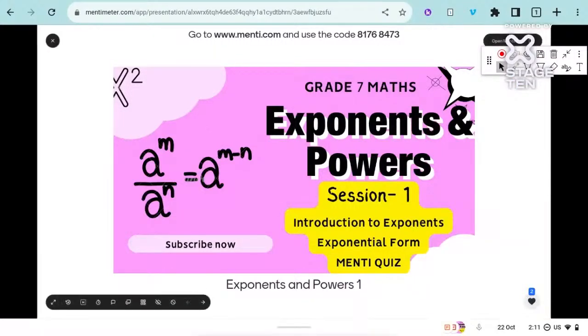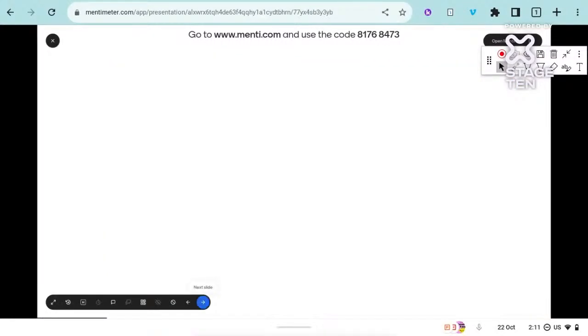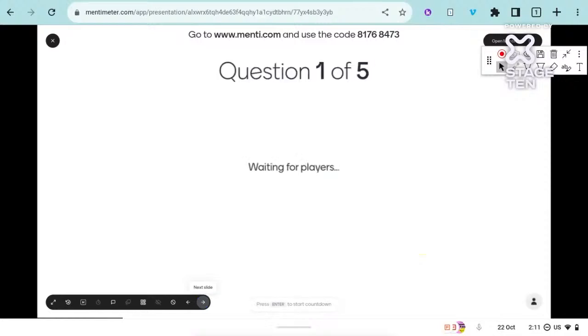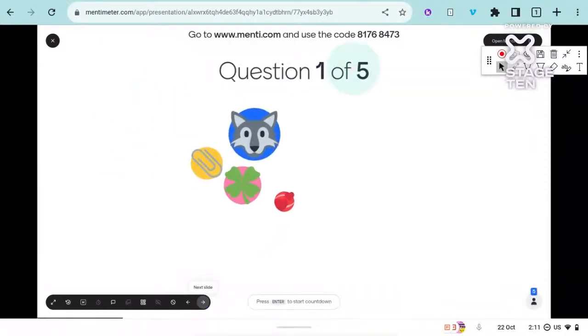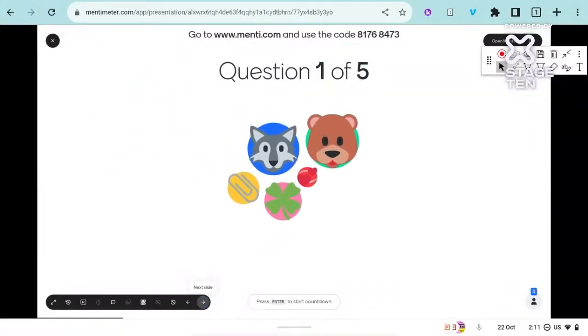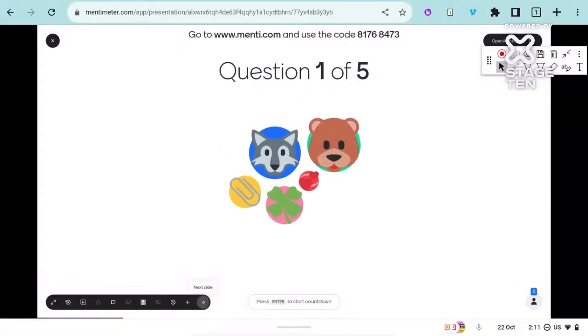All right, let me move ahead. How many are there? Okay, everyone, I can see 4 have joined, 5. I can see 7 to 8 people are there. Everyone join fast. Okay, 5 have joined. Once everyone has joined, we'll start. Let's wait for 20 more seconds, then we'll start.